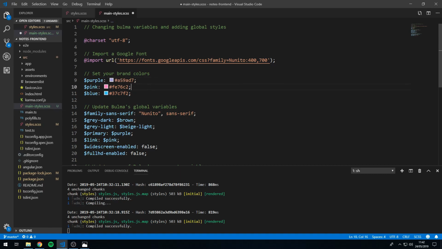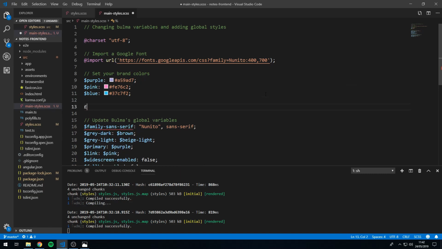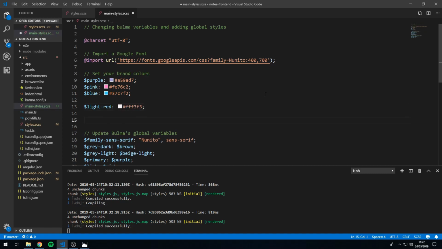And let's create a few more colors. Okay, so light red, and this will be hashtag FFF3F3, and we'll create